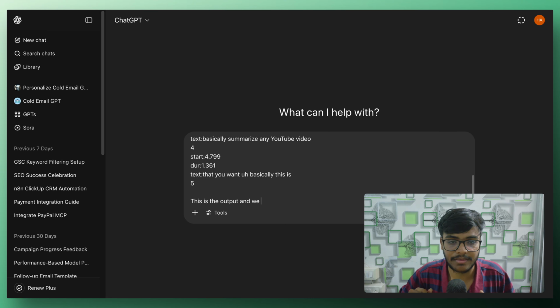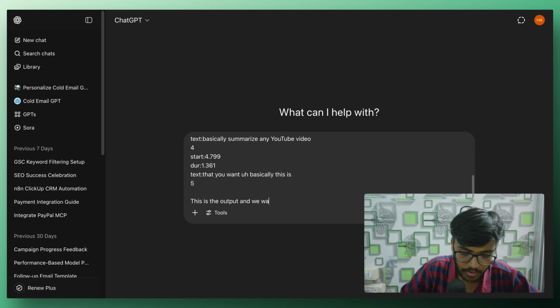There's no rocket science in writing prompts, because people sell you courses on how to write a prompt and how to become a prompt engineer. If you just write a simple, short and concise prompt that is clearly understandable, that's more than enough. So this is the output, and we want to combine start and text,